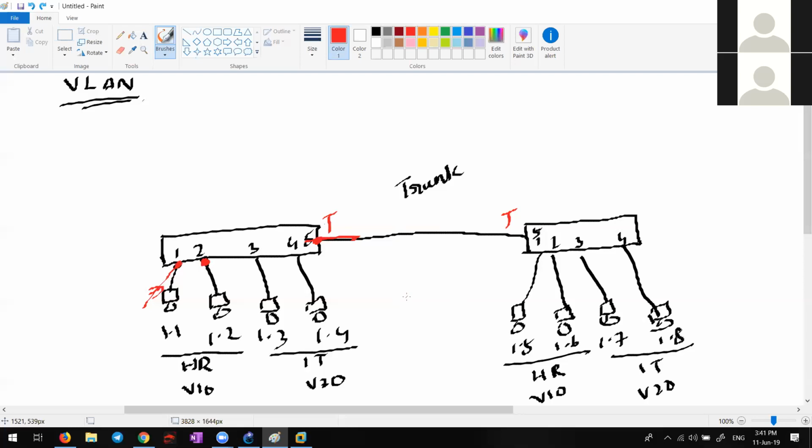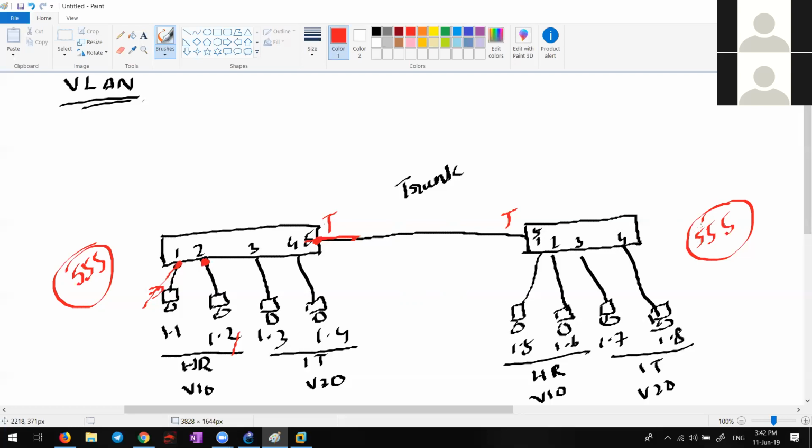So what they do is create a dummy VLAN in the network, maybe 555. I'll create VLAN number 555 in both the switches, and then make 555 my native VLAN. This VLAN 555 will not be assigned to any interface at all. What is the benefit of this? Through the trunk link, there will be no native VLAN traffic going on. True? This is one method.